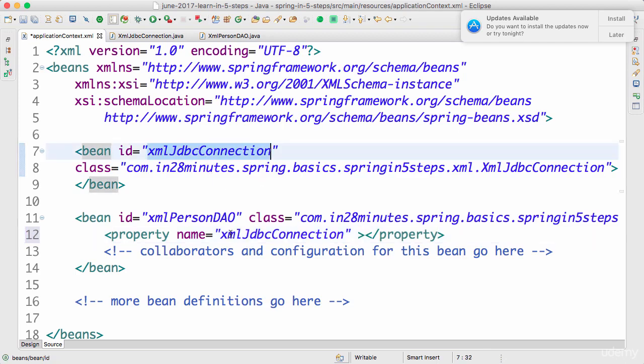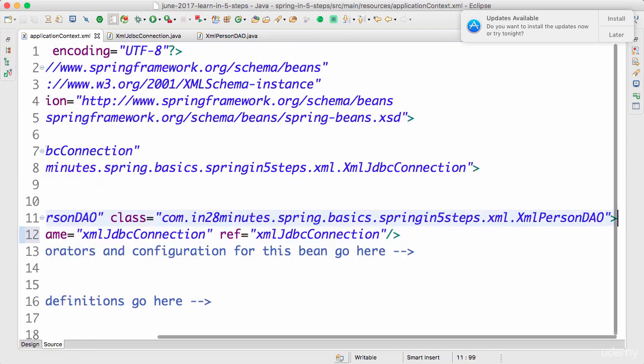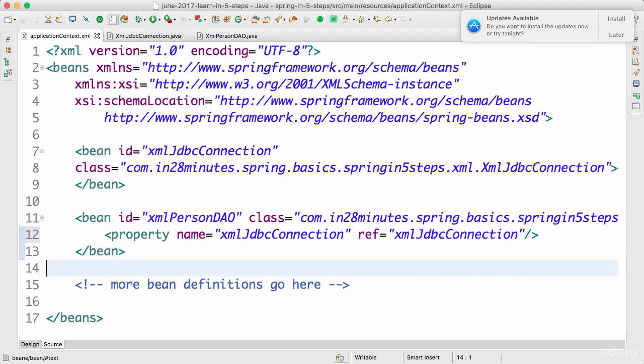So to the property called xmlJdbcConnection in the XmlPersonDao, I would want to autowire in the bean here. When I'm referring to a bean in here, I use something called ref. So ref is equal to xmlJdbcConnection, and this is how I would have my beans organized.